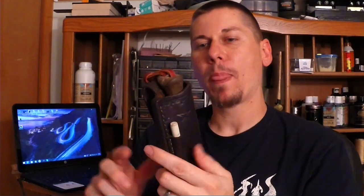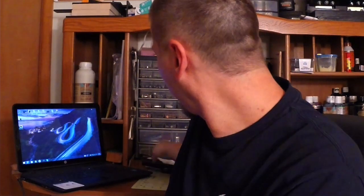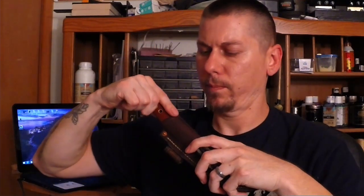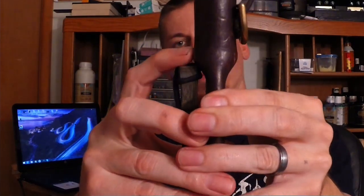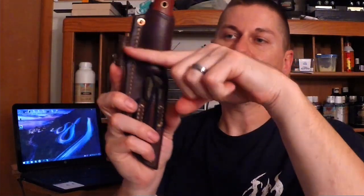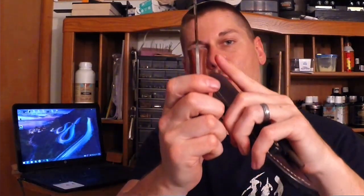Now, one thing that I would suggest to add to this particular knife is this here. This is my all-time favorite woodcraft knife, and that is the Skookum bush tool. Now, you'll notice that not only does it flare right down here at the butt, but it also has those flares right here. So that allows you to put it in a sheath, and you can actually kind of hear it click into place. Hear that? That allows it to wet form right there. So that way it doesn't have to go in quite as deep, and you can still get that. You don't even have to put it in as deep as what I did here. I could put this handle sticking out all the way up to there, and I would still get that really